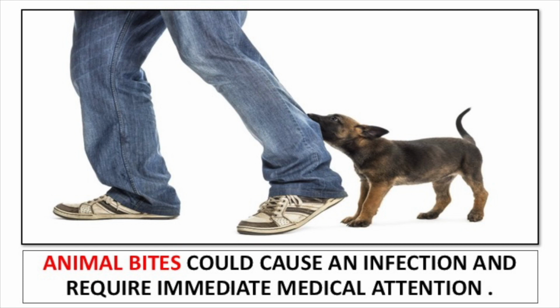Animal bites. Yes, what animal can we see in the picture? And what do dogs do sometimes? Bite. They can bite you. Just like this dog is doing in the picture here. So animal bites could cause an infection and require immediate medical attention. Yes, if an animal bites you, such as a dog, a cat, or different animals, make sure